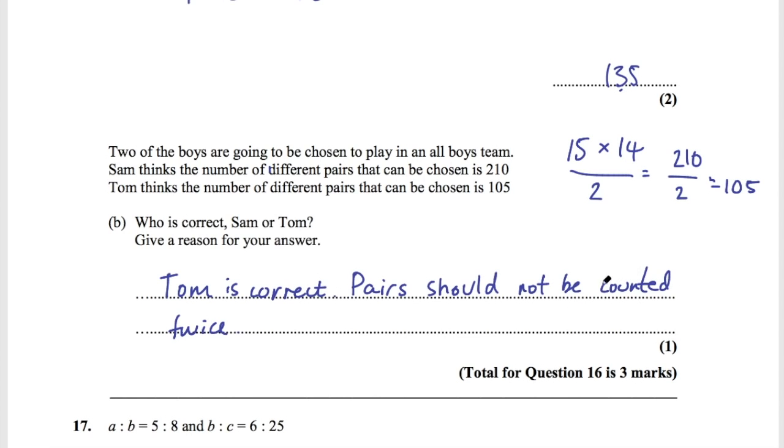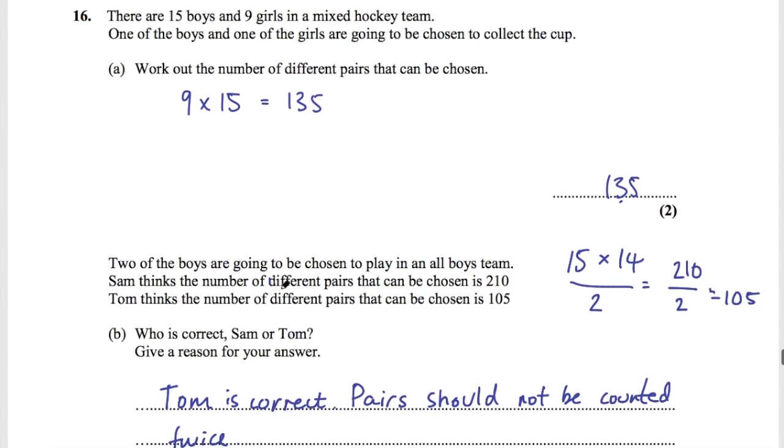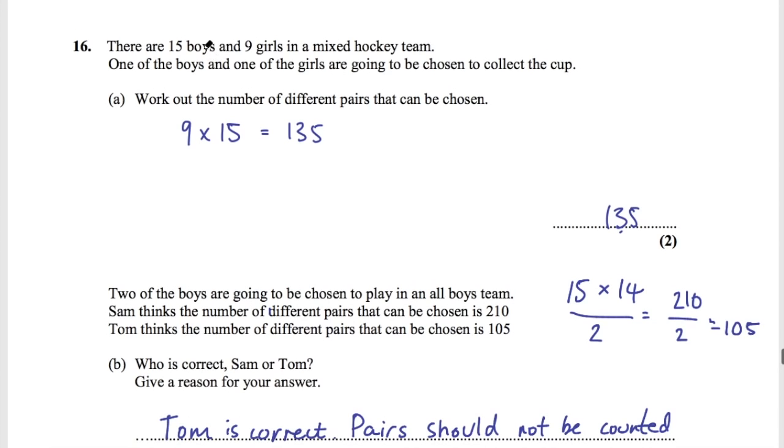And you could say pairs should not be counted twice. You could also give this formula. You could say the correct calculation is 15 times 14 divided by 2. And if you're still confused as to what the difference between A and B, just try to think of this